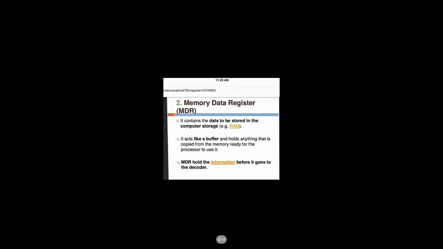Processor registers are normally at the top of the memory hierarchy and provide the fastest way to access data. A register may hold an instruction, a storage address, or any kind of data, such as a bit sequence or individual characters. Registers are categorized into two major ones, that is MAR and MDR, where MAR is the memory address register and MDR is the memory data register. My topic is regarding the MDR, the memory data register.